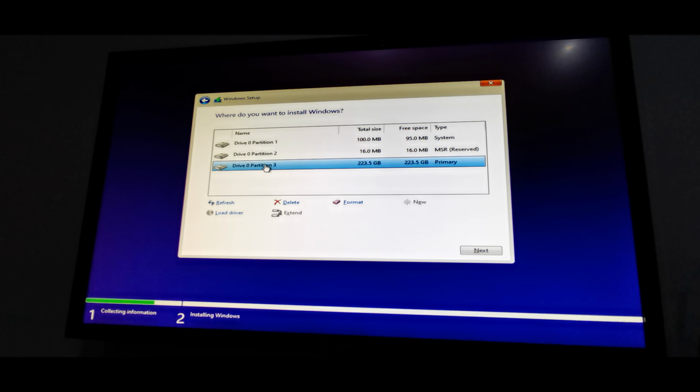The hard disk is now ready for installation. Now we have to wait.